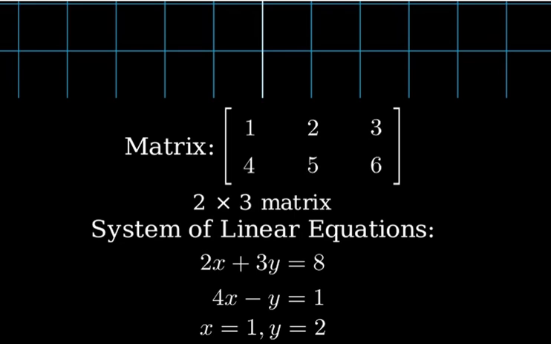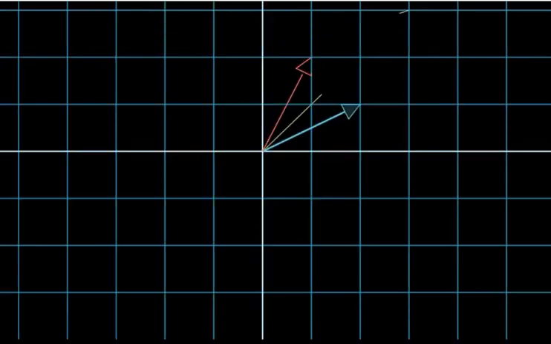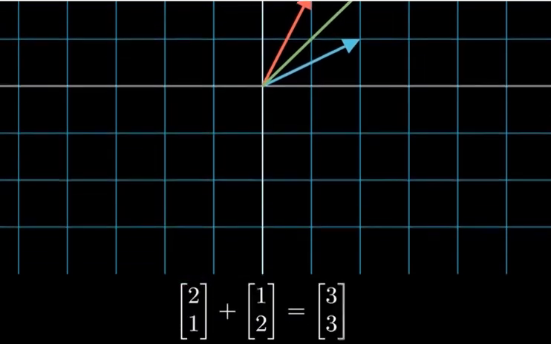A vector space is a collection of vectors that can be added together and multiplied by scalars. The two main operations in a vector space are vector addition and scalar multiplication. For example, in our R2, we can add vectors by adding their components and multiply a vector by a scalar